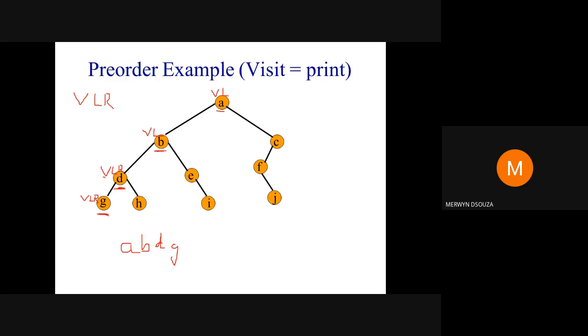When you perform that, check whether you can go right. Can you go right? Yes, you can go right. So you reach a new node. So again, new node means you start from the first step. So you will visit. You will write here H. Try to go left. There is no left subtree. Try to go right. There is no right subtree. Okay. So you are done with this node.